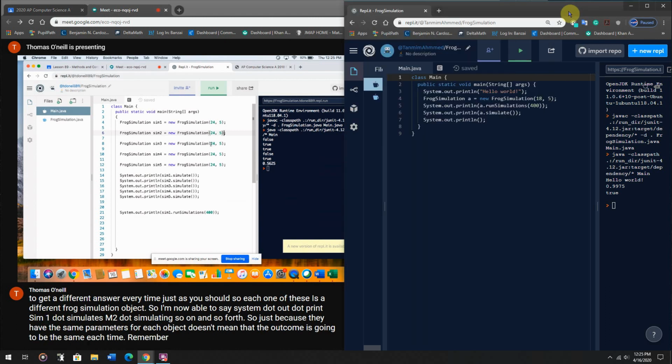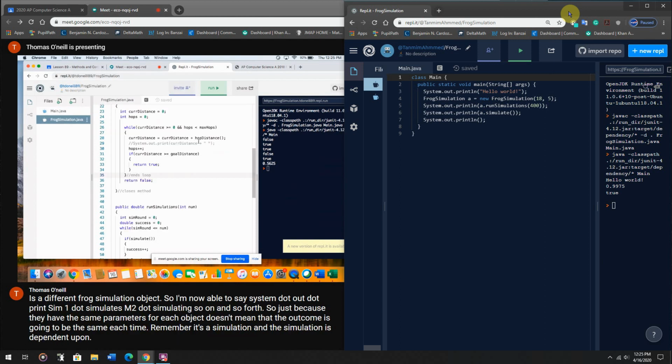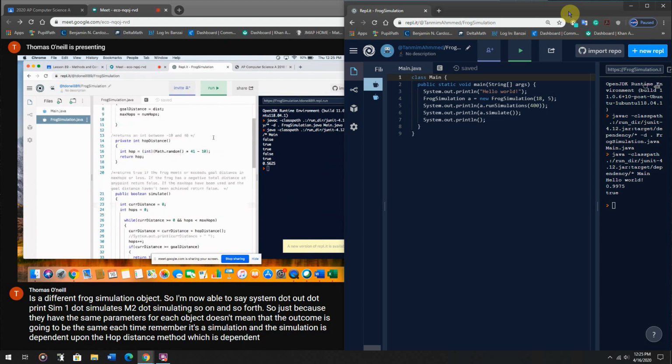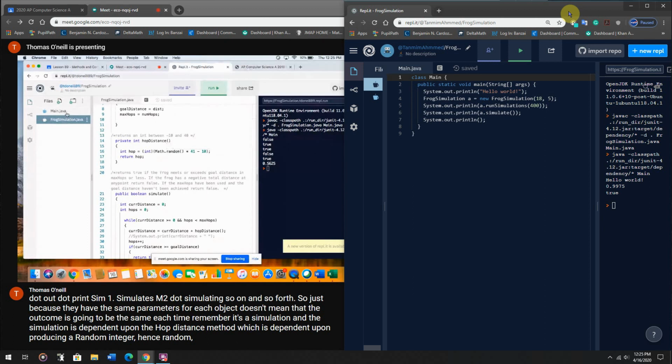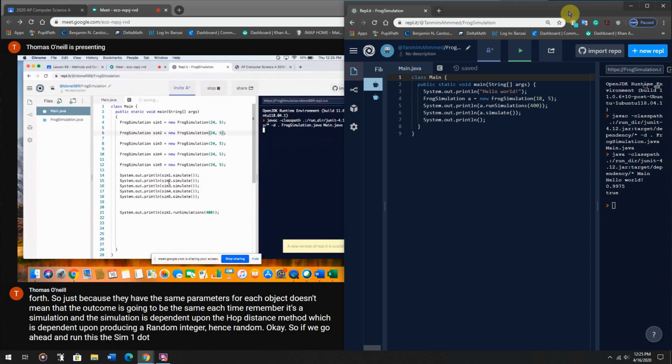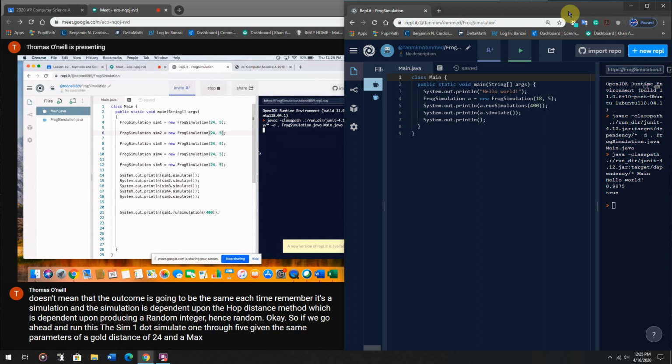Remember, it's a simulation, and the simulation is dependent upon the hop distance method, which is dependent upon producing a random integer, hence random. So if we go ahead and run this, sim1 through sim5, given the same parameters of a goal distance of 24 and a max hops of 5, we get,